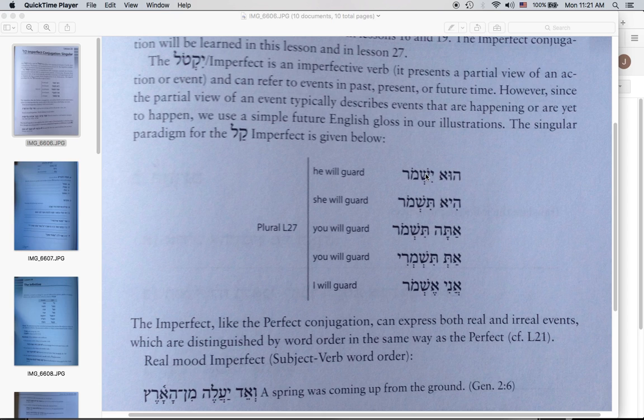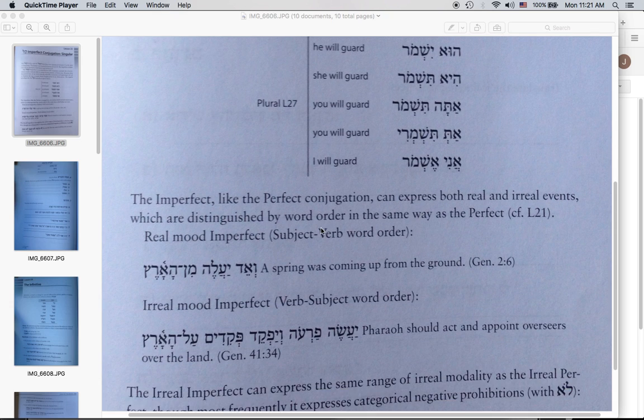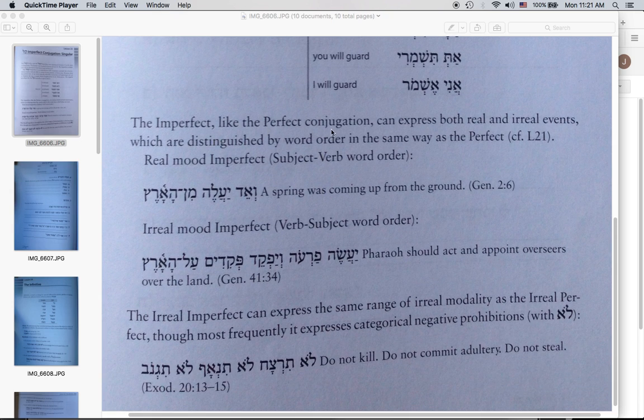The main sign, though, of the imperfect is the prefix on the front. All right, so let's look at how the imperfect can be translated in some more detail. Our authors write, the imperfect, like the perfect conjugation, can express both real and irreal events. So that is to say, these verbs can talk about something that has actually happened or something that will actually